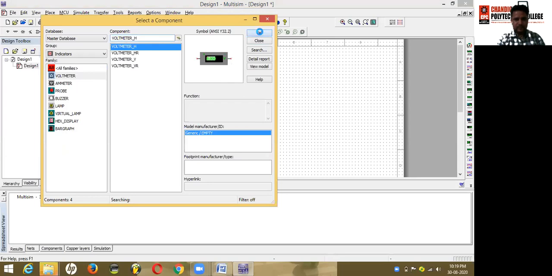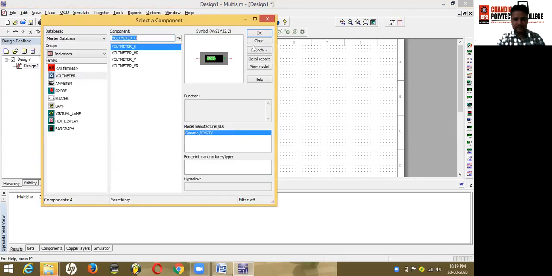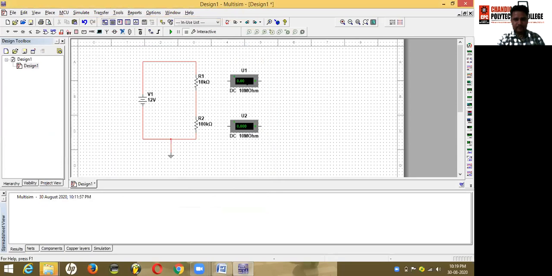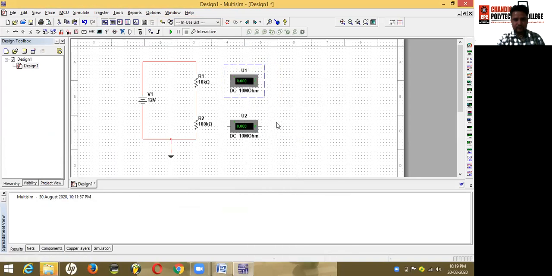Then a second voltmeter here. Now we will connect the first voltmeter across resistor R1 and the second voltmeter across resistor R2.